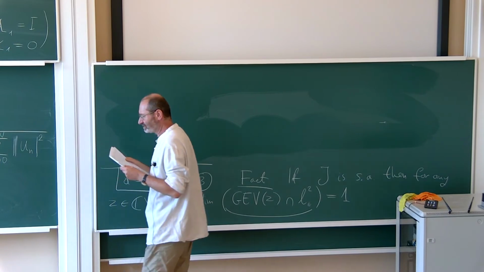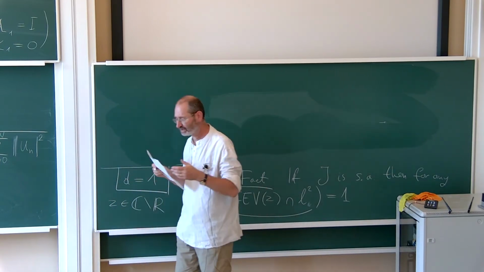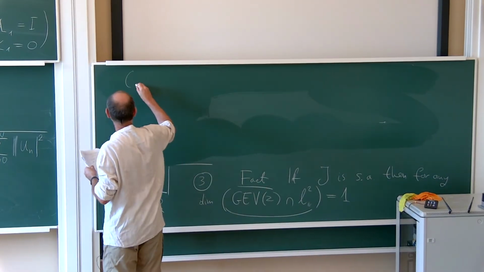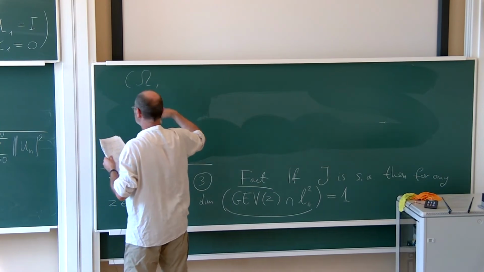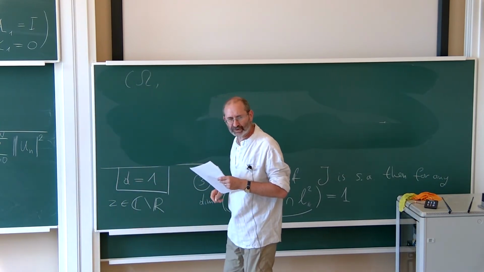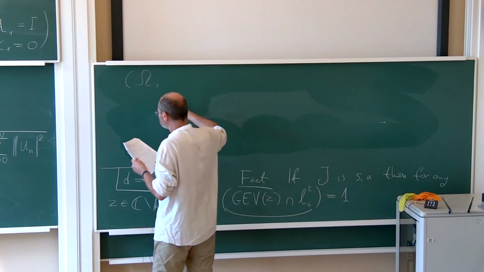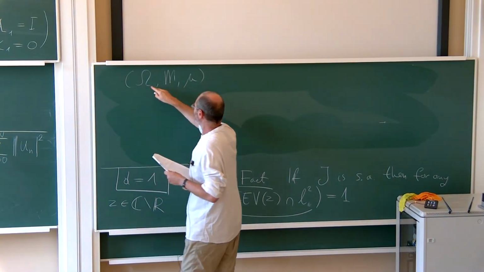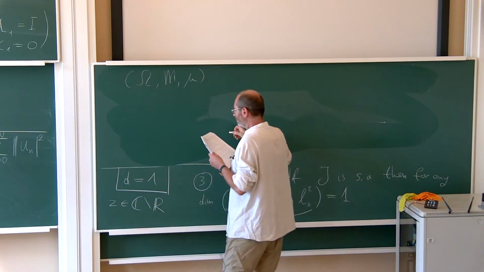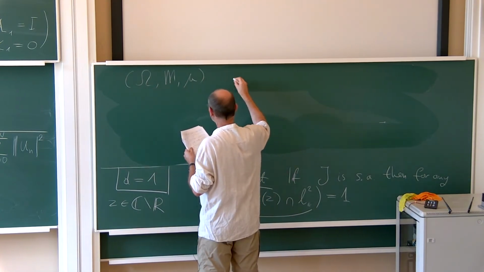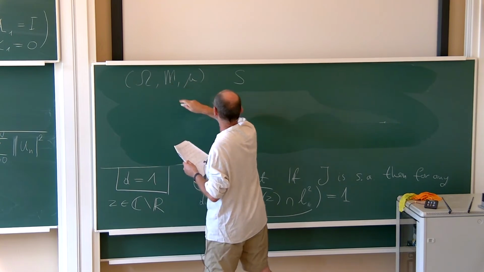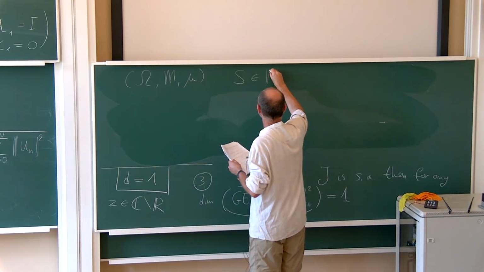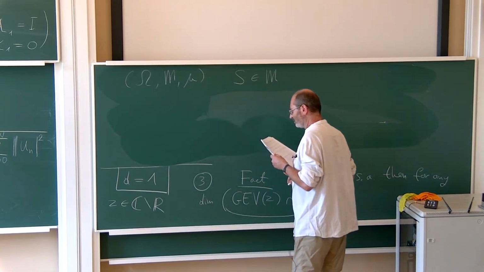So, about the restrictions of the measure, the notation. Suppose that we have a measure. Usually we will here consider the Borel measure on the real line, but it's general. So we have a measure, the sigma algebra, and the set S, a measurable subset, so it belongs to the sigma algebra.